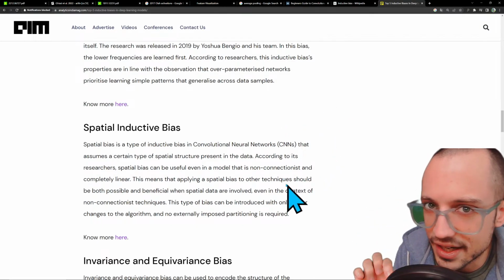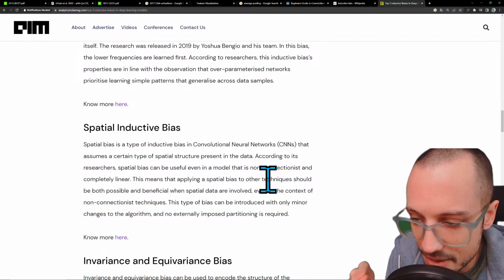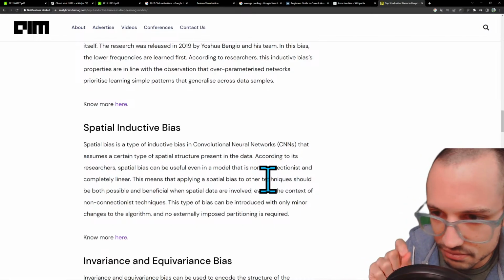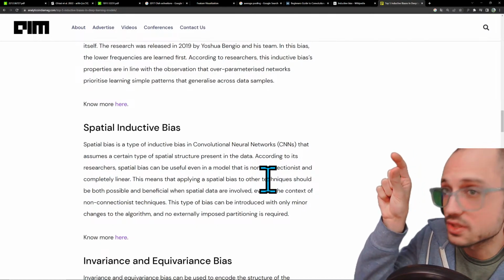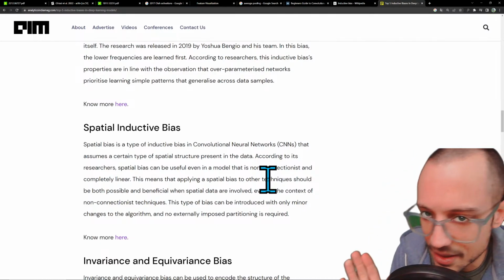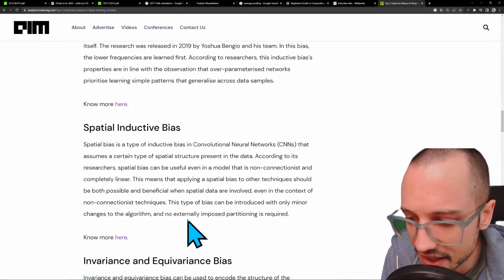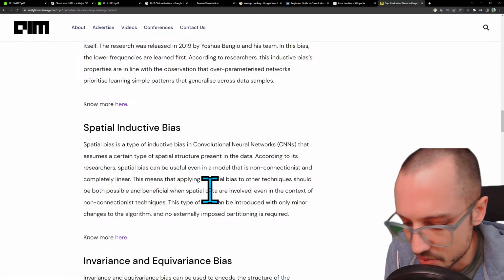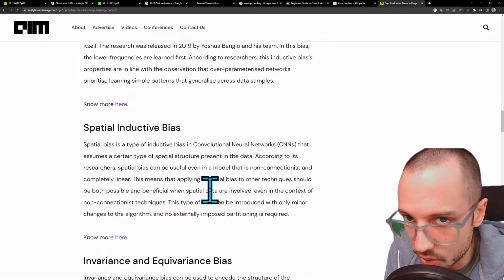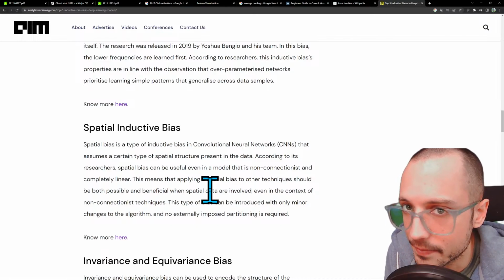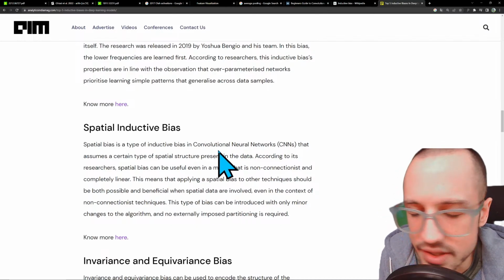So you made an assumption about images that translation doesn't matter, that a dog in this part of the image versus a dog in this part of the image is actually the same and it should still qualify as a dog. So you made an assumption, and then you're using that assumption to basically bias or move your answer into a specific place, right? I feel like that's a terrible description, but